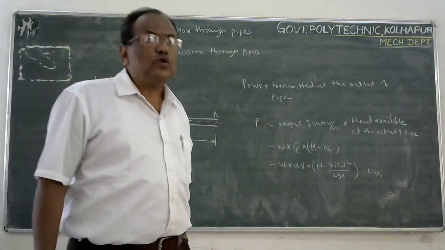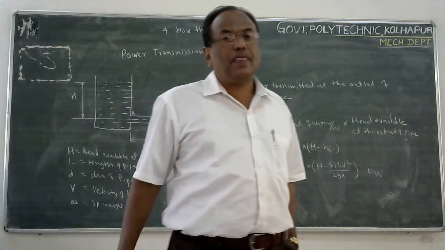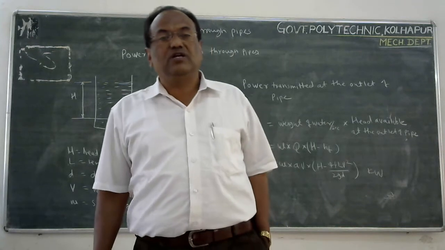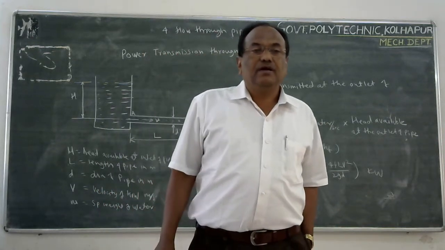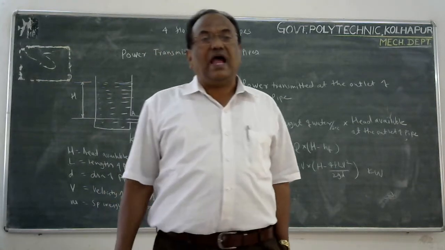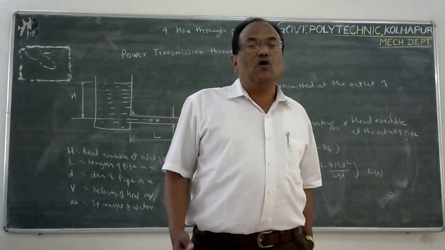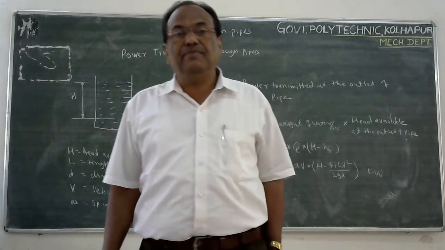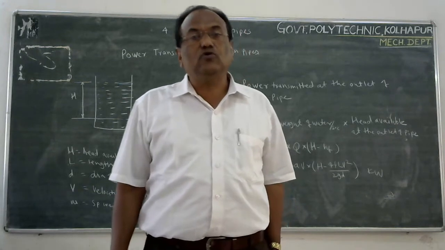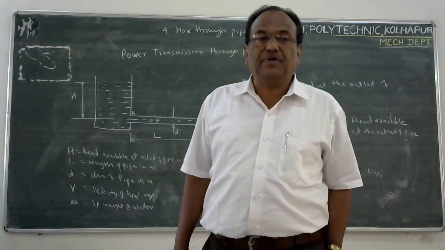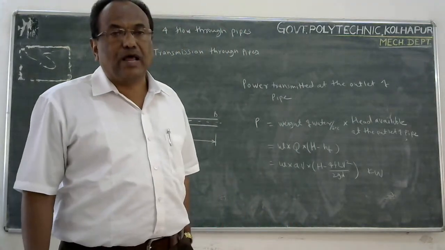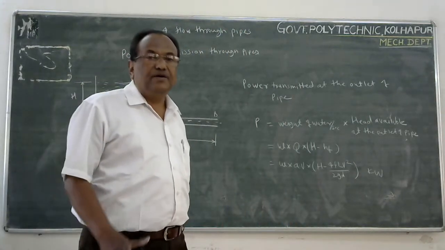And when we bring down this water towards the turbine, the potential energy of the water is converted into kinetic energy and pressure energy. And we want to know how much power is available for turbines to convert it into mechanical energy. For that purpose, we want to calculate the power available at the end of the pipe,